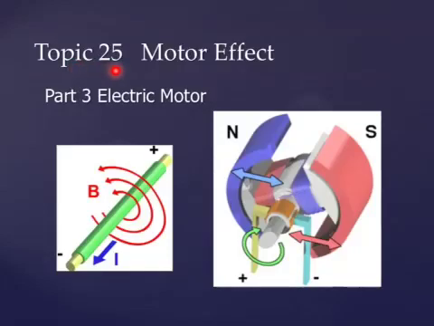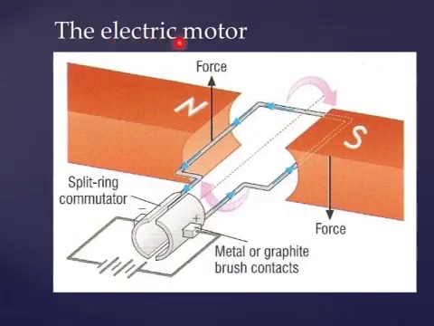Topic 25, Motor Effect, Part 3. We're looking at the electric motor. In an electric motor, we are applying the motor effect that you have studied on a coil like this to make it rotate. So first of all, let's look at the external circuit here,